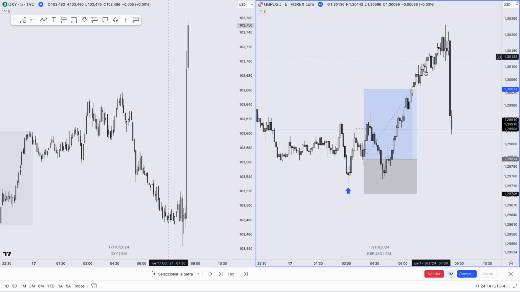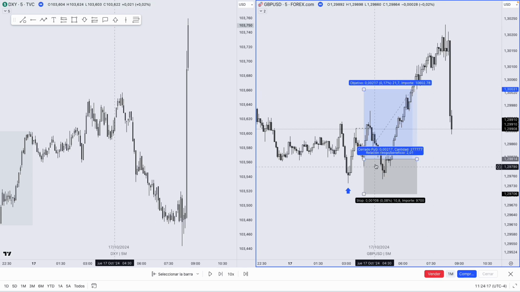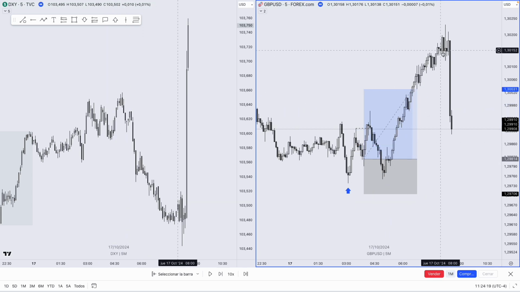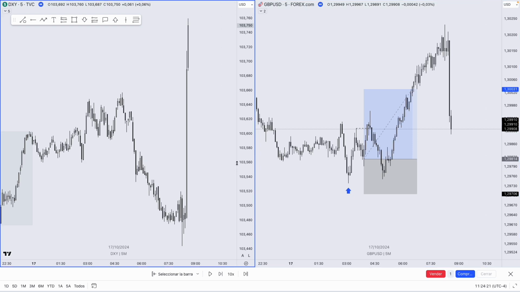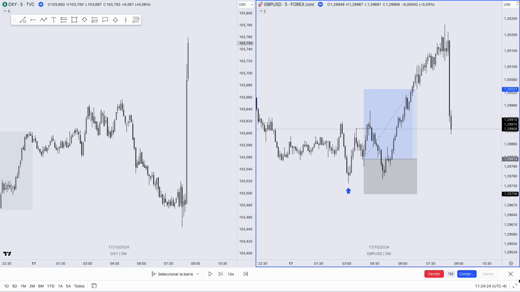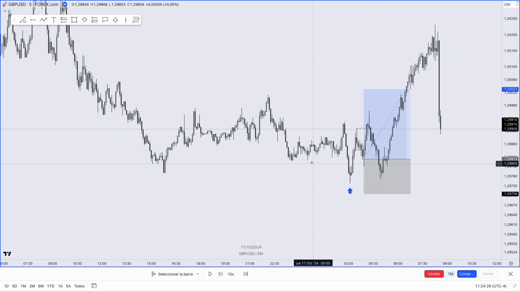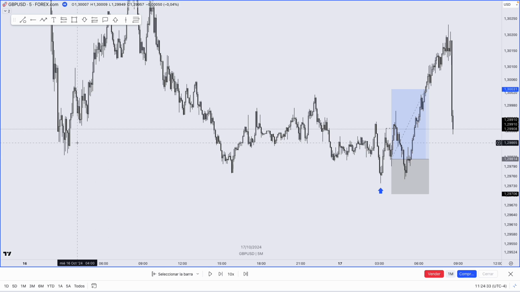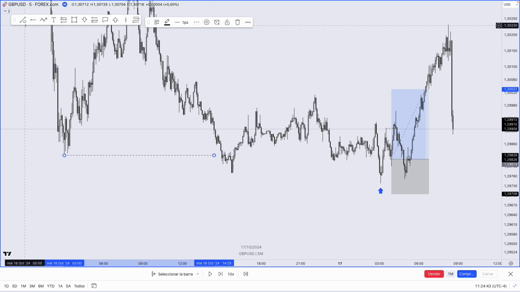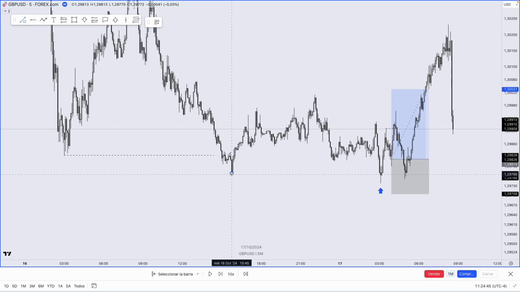I did not expect this clean upside move. I just expected price to chop until the news. It was not the case today. So basically this is going to be the video. I wanted to show you my loss, to explain why I bought. It was basically the SMTs after taking the previous month low. This was another sell side taken here. So I thought this was not necessary anymore, but it did.